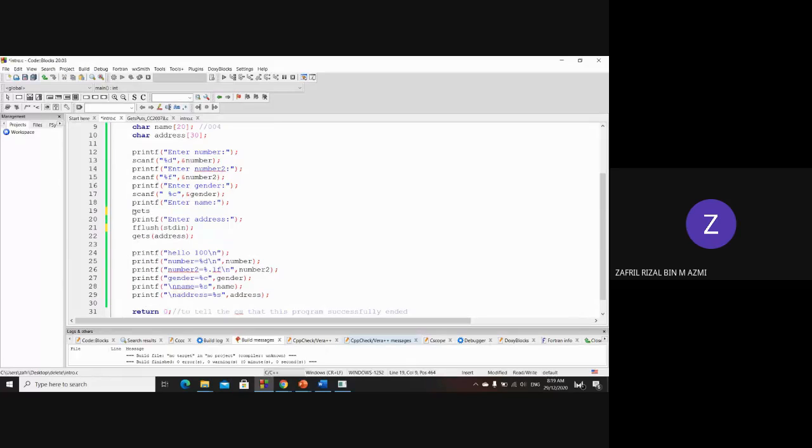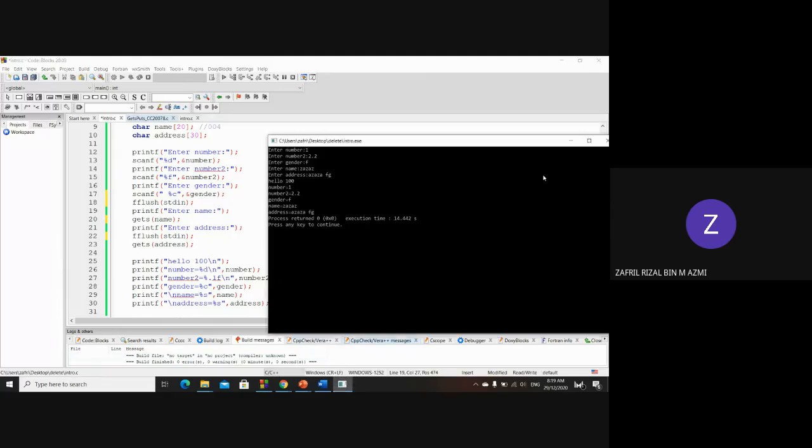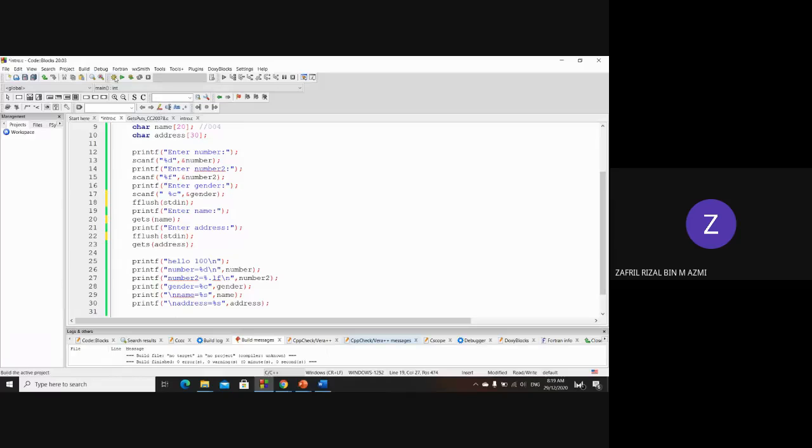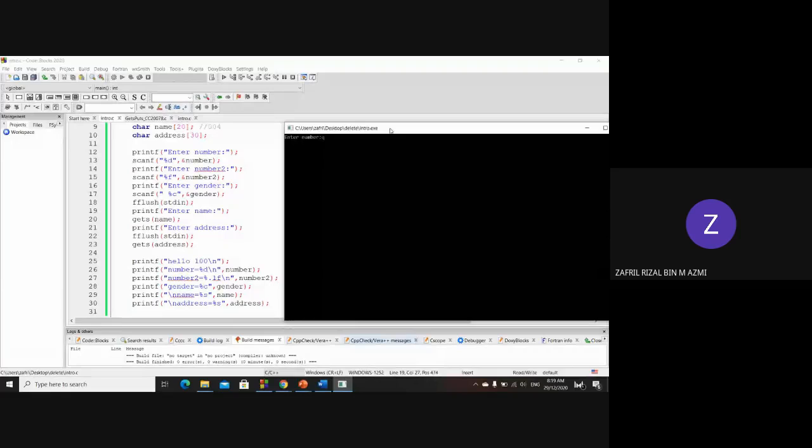This is what I asked you to do yesterday. So similarly, before you use gets, flush first. Okay, flush stdin and use gets. Okay, enter